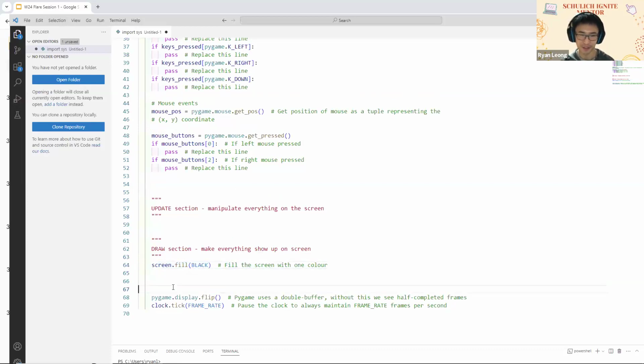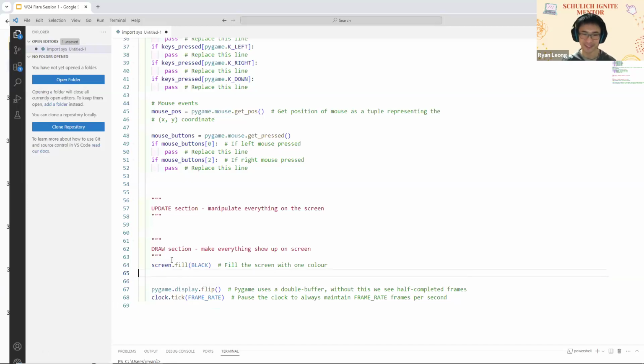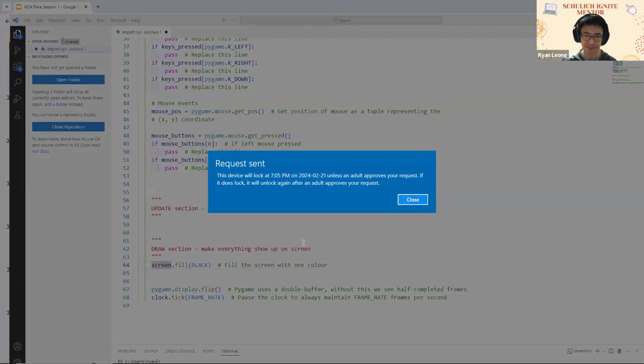But that means all of the stuff that you want to draw, you have to draw it here, right? Otherwise, you would just be like, oh, why isn't my rectangle showing up? Well, that's probably because you put your draw function before the screen.fill. So